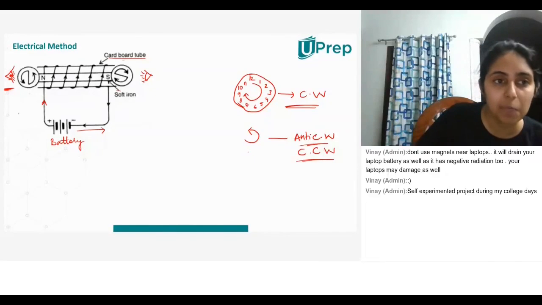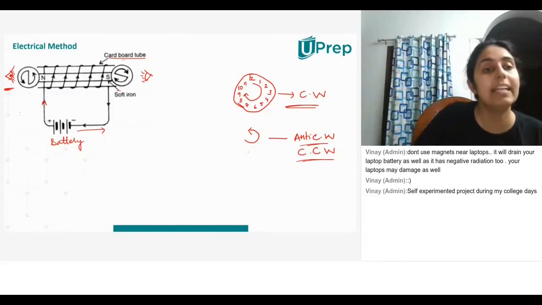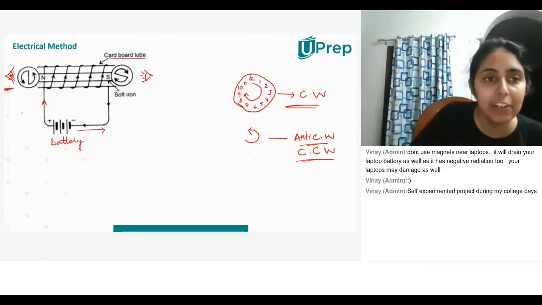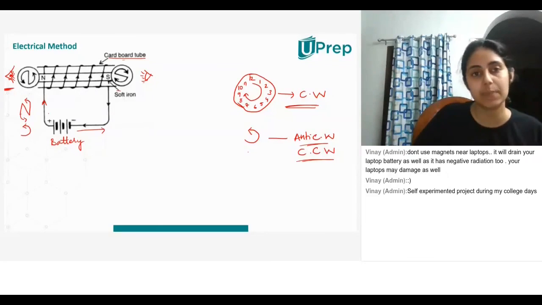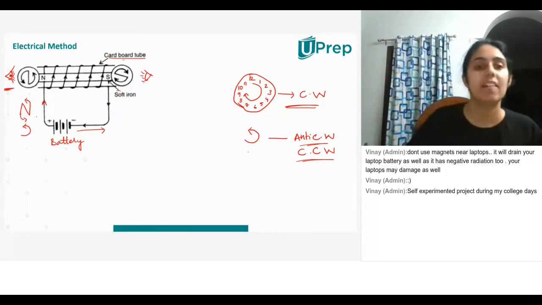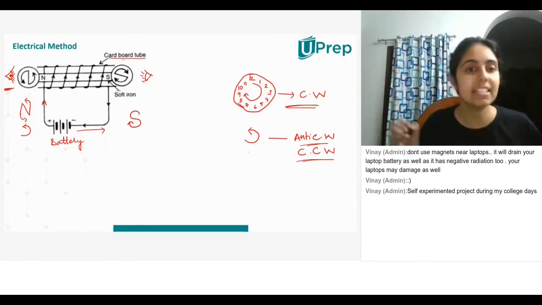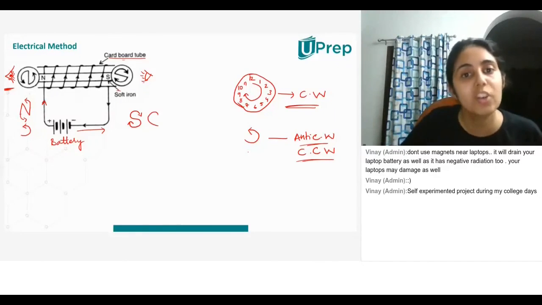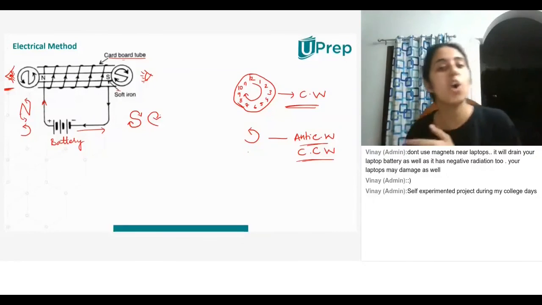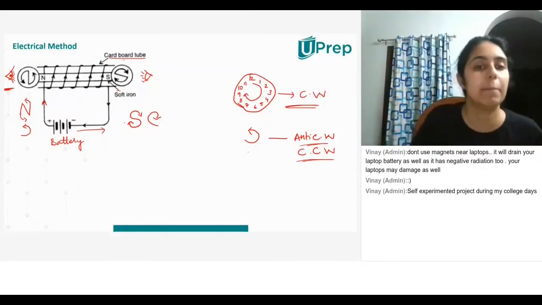How do I know that's the North Pole? One way to remember is that anti-clockwise is always North Pole. I draw the letter N, and when I make these arrows, they always point in the anti-clockwise direction. How do I remember that South Pole is clockwise? When I draw S, the ends of the S always point in the clockwise direction. So always remember, anti-clockwise is the North Pole, clockwise is the South Pole. This is how you remember.